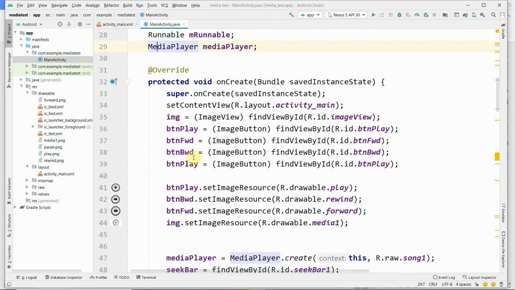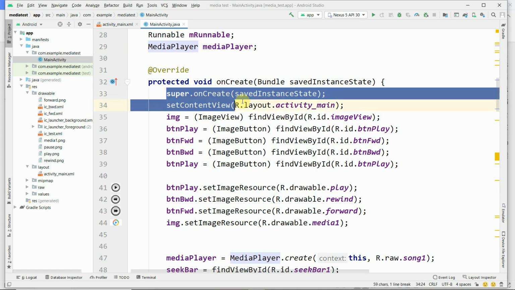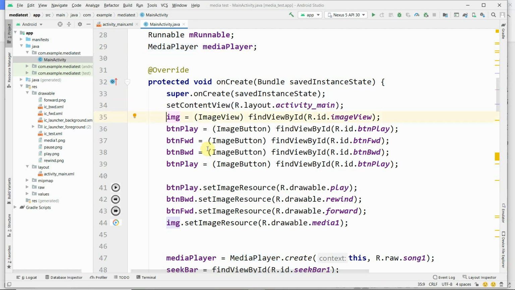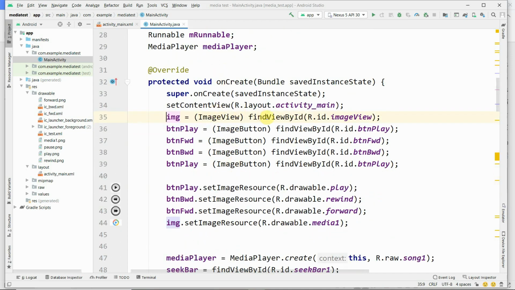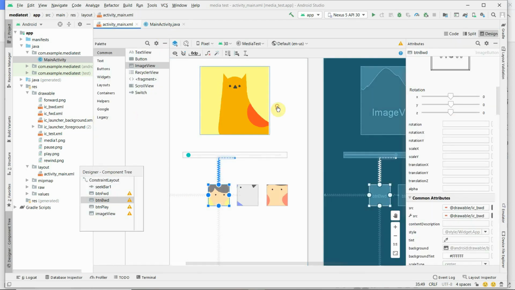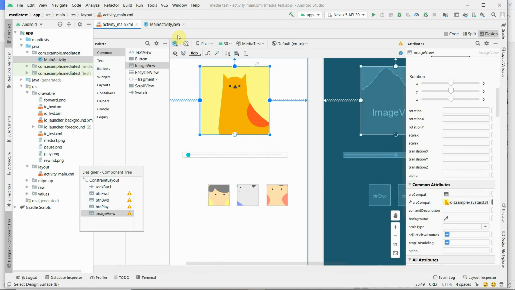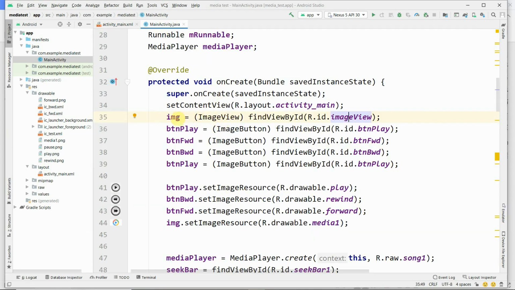Now inside the onCreate method, you know these two methods exist by default. Now you are mapping whatever objects you created to the interface. img is the object you are mapping to the interface, R.id.imageView. This is an image view. This you are mapping to img.